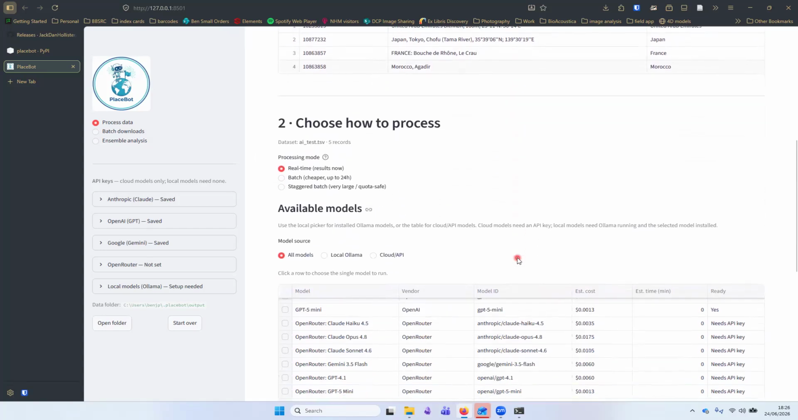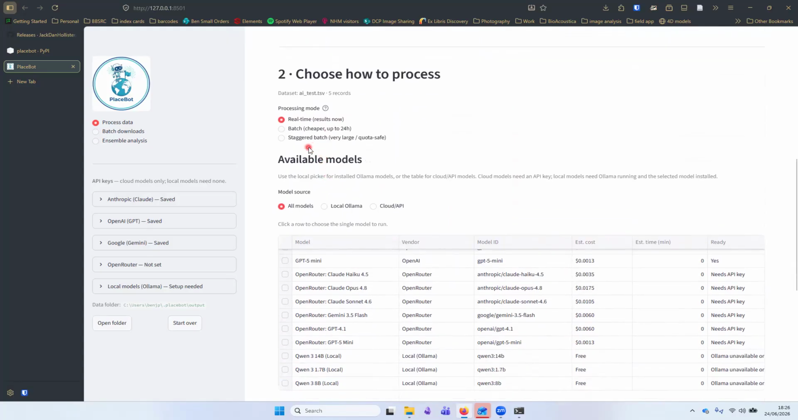You can then choose how to process it, either in real time, one record at a time, or in batch mode, where you submit all the records at once and then go and download the data once it's been finished on the remote server. Or for very large batches, you can use staggered batch, where it splits it into smaller chunks of about 1,000 localities and sends each one of those off separately so that you don't get into API